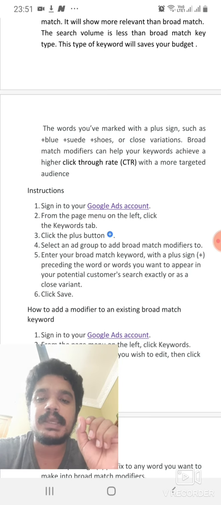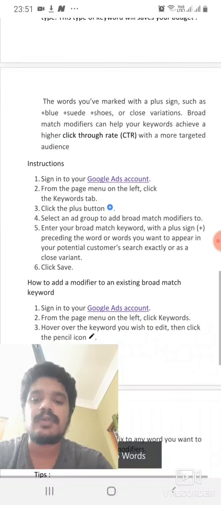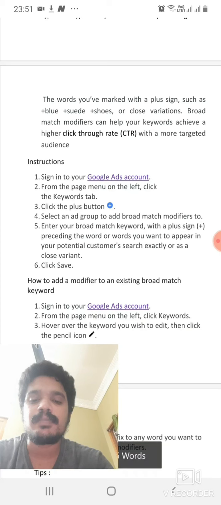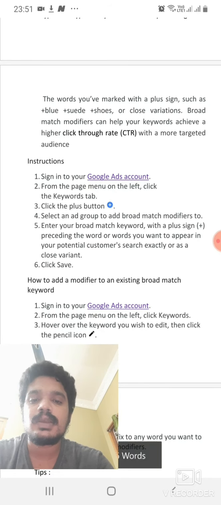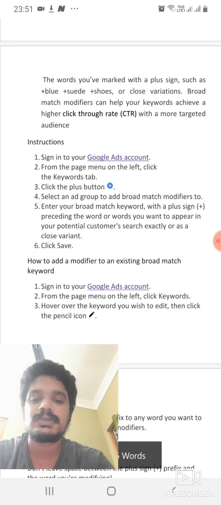How to apply the broad match modifier means you have to add a plus sign before every keyword, like if your keyword is best shoes, you have to apply plus best plus shoes, like that.